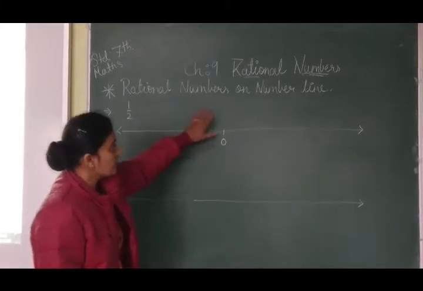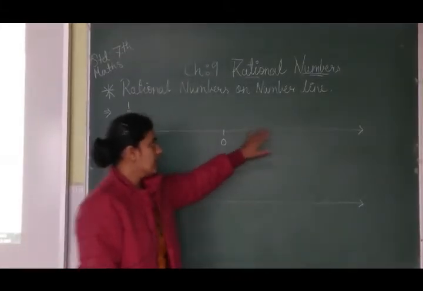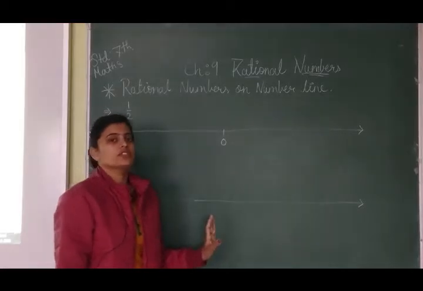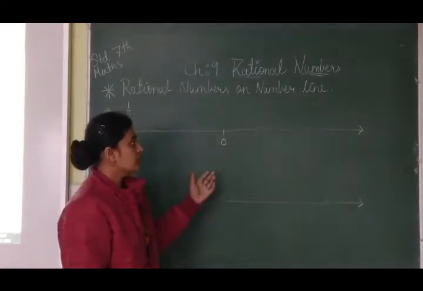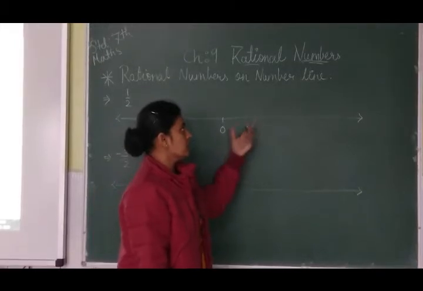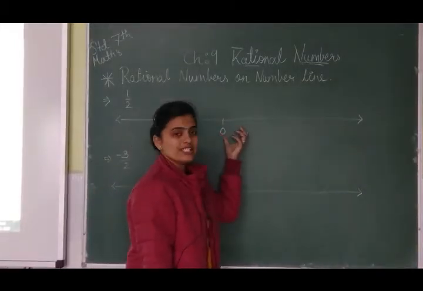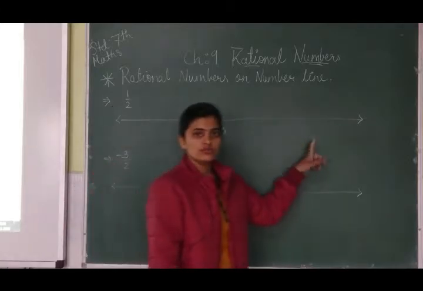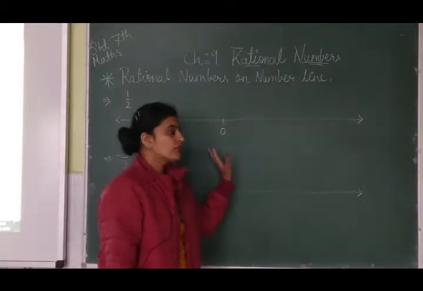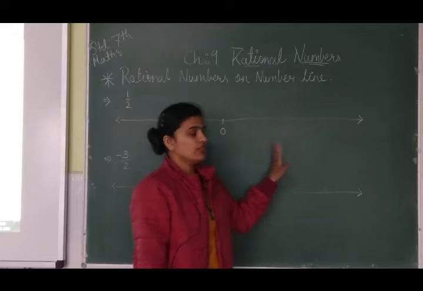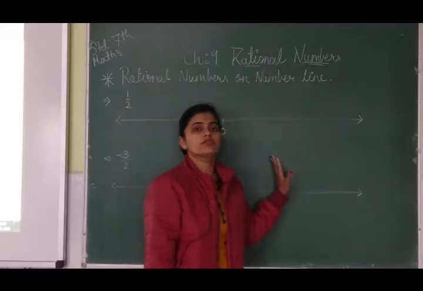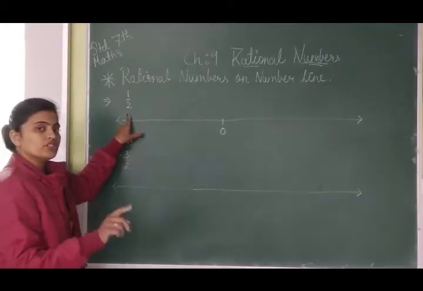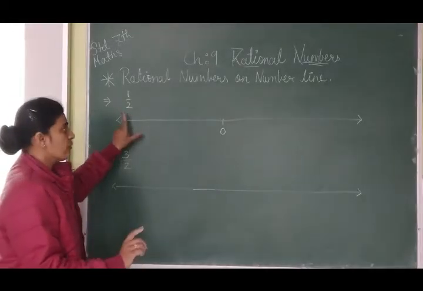Rational numbers on number line. Now how to denote rational numbers on number line? Now for the fraction it was very simple to denote them on the number line. That was we were starting the number line from 0, 1, 2, 3 and so on. And for that we were dividing it with the denominator whatever it was given. So first we will see 1 by 2. 1 by 2, what we have done for the fraction? Same thing we will use it for over here.